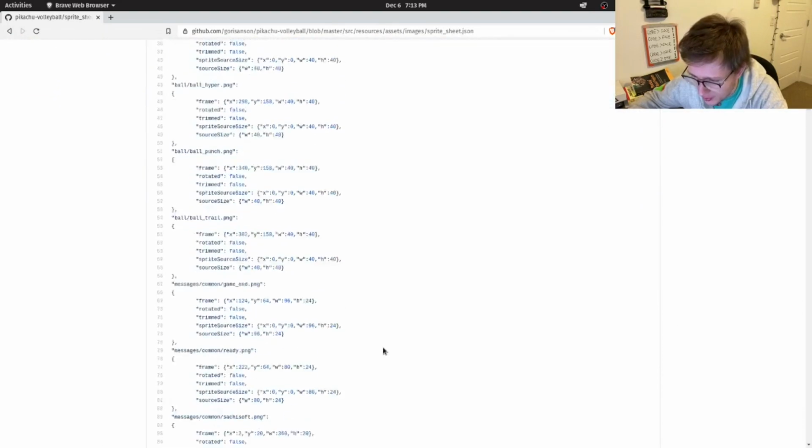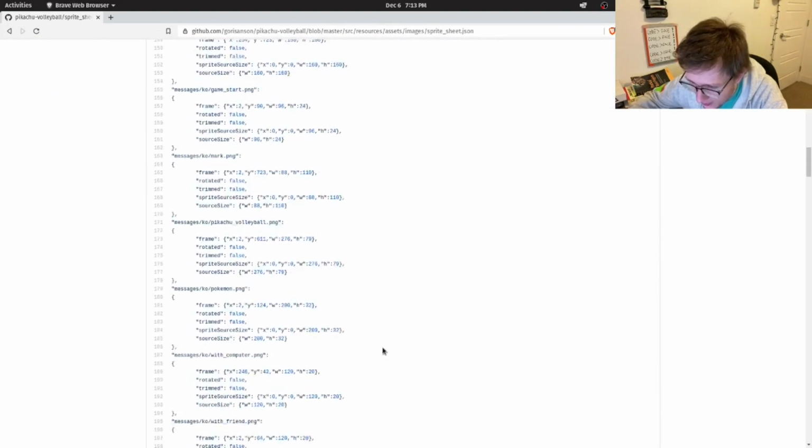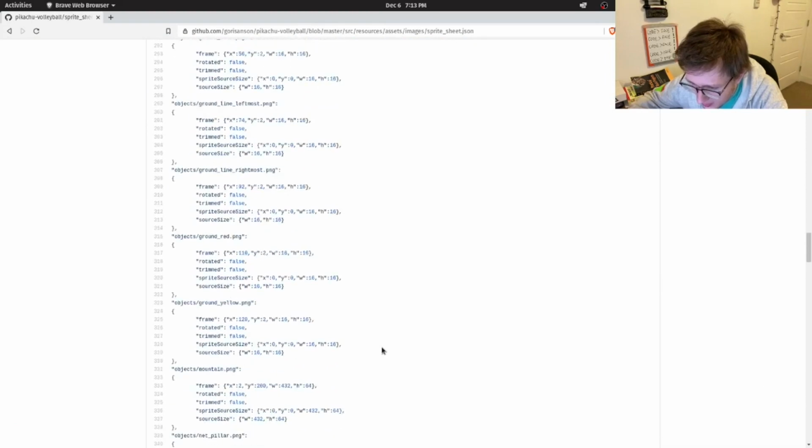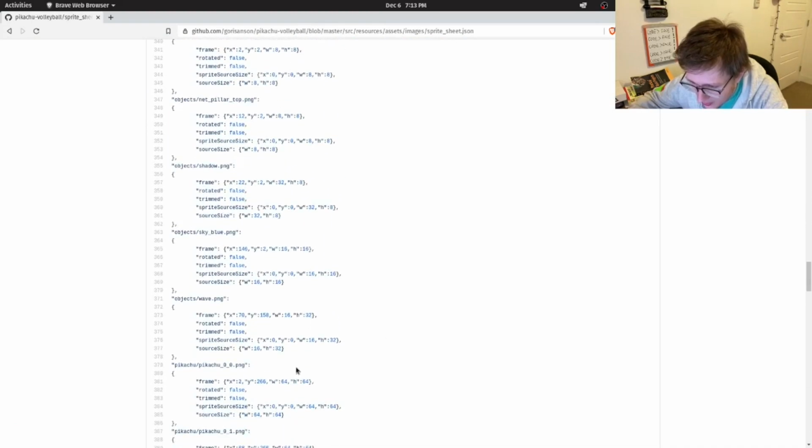So if we scroll down here, I think line 379, we have Pikachu 00. And this is pretty much what we need. We need to tell where we'll start cutting from, namely X and Y in this frame, and how long to cut for, which is namely width and height.